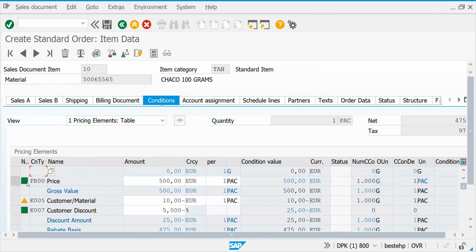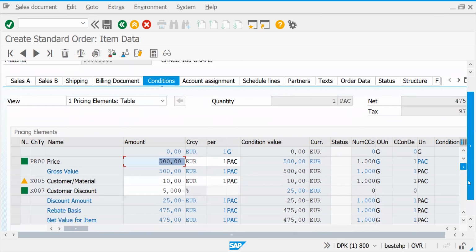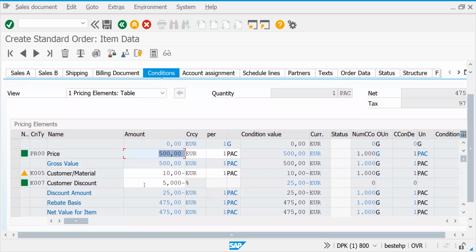Now see, you got PR00 as 500. And if a condition type is coming like this, it is inactivated; we are going to see that later. This is a practice system. Someone has experimented with this procedure. So this is 10 and you have 5%.